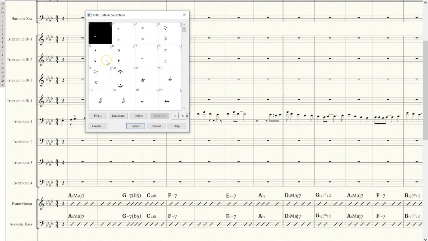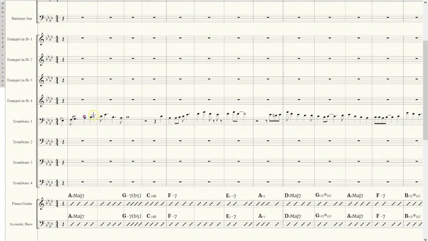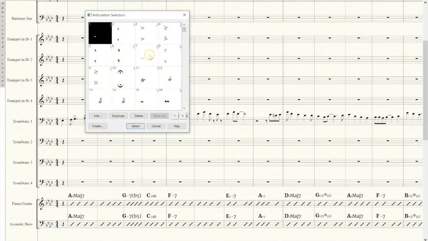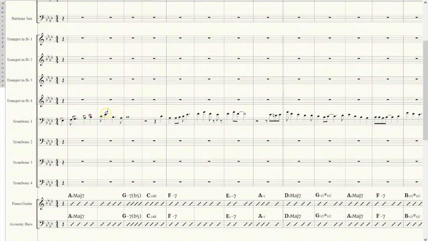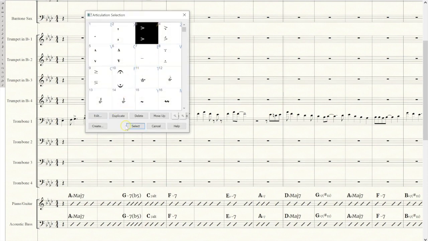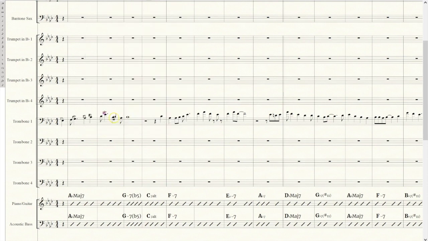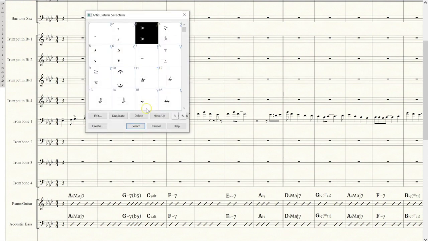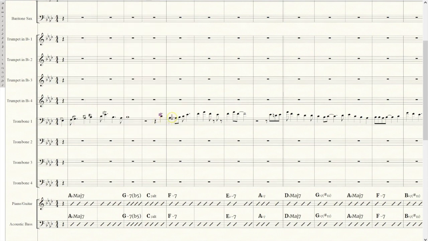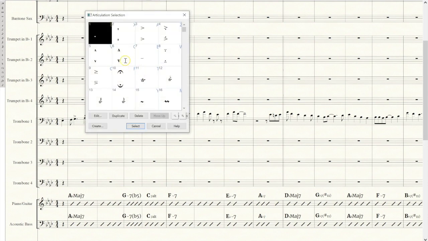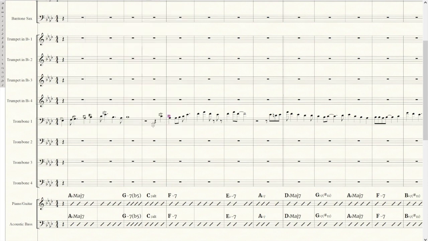Now we want to go back and make sure we fill in some additional information if we have a clear vision of how we want things articulated. It should be noted that any time you have a quarter note, it can be interpreted many different ways. If you're writing an ensemble section, we might leave things more vague and leave those decisions up to the lead players. Other times, if you have a very specific idea, we want to be very clear about what things are going to be short, what things are long, what things are accented,